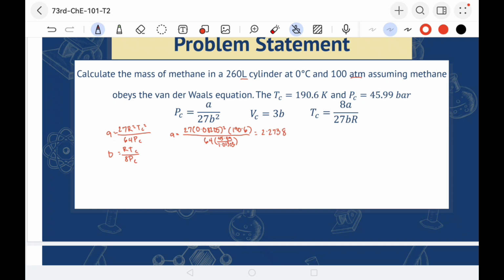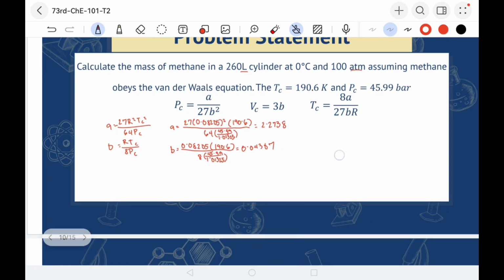And for b, let us substitute R is equal to 0.08205 times a TC of 190.6 all over 8 times PC of 45.99 over 1.01325 to get a value of 0.04307. Now that we have these values, we can now use the van der Waals equation to get the mass of methane. So